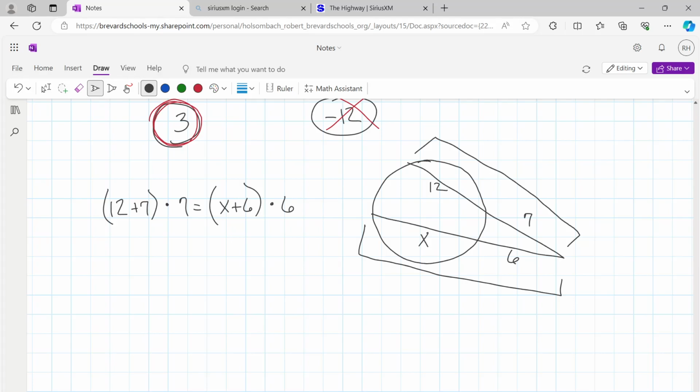So we get 12 plus 7, which is 19, times 7, 133,